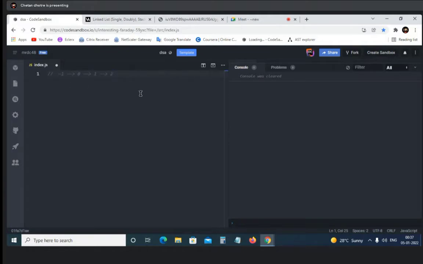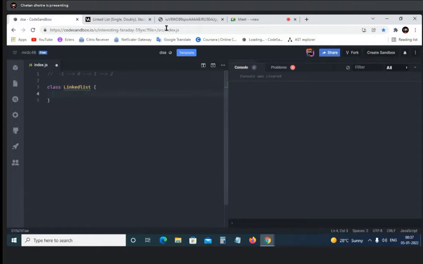As I told you, a linked list is nothing but a collection of objects. These objects are connected to each other by references. Now I will be using a class because a class has objects. You could not access anything which is inside of the class from outside. That's why I'm using the class. I will name the class LinkedList.